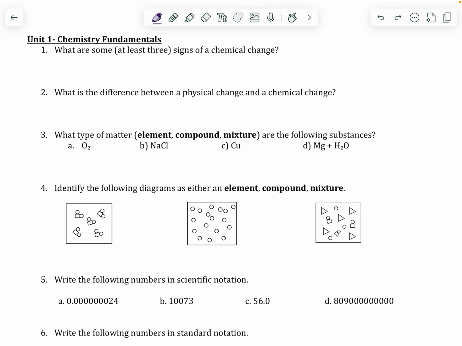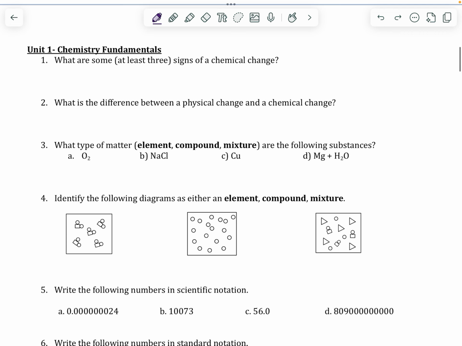So the first thing that we're going to talk about is the differences between physical and chemical changes. The 3 signs, and again, there were more like 5 signs, so I'll put them all here, of a chemical change. Well, one thing that we know about a chemical change is that it is irreversible, which means that once it happens, we more often than not can't get whatever we started with back, right? So that was one way that we were able to identify it, but a way that you can identify specifically how that works would be a sudden